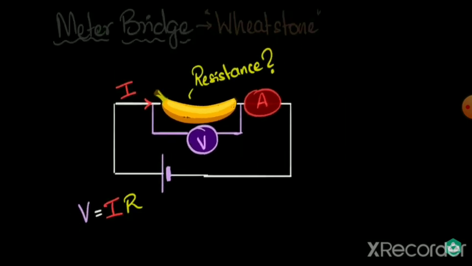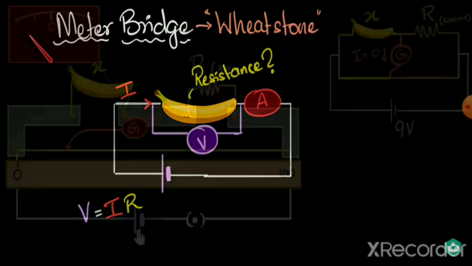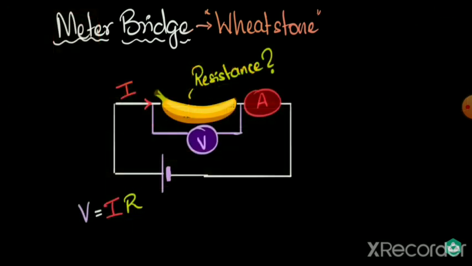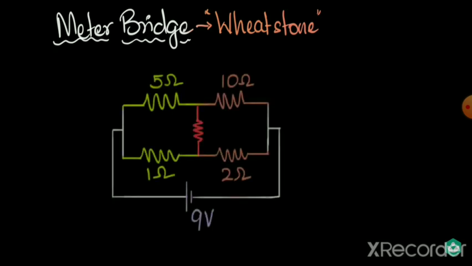We do this by using something called a meter bridge, which works on the principle of Wheatstone's network. And so in this video, you will see how we can take this meter bridge and calculate the resistance of that banana with more accuracy. But before we get to the meter bridge, let's back up a little bit. What exactly was a Wheatstone's network? Well, a Wheatstone's network is a circuit which looks like this, where there are 4 arms with 4 resistors,